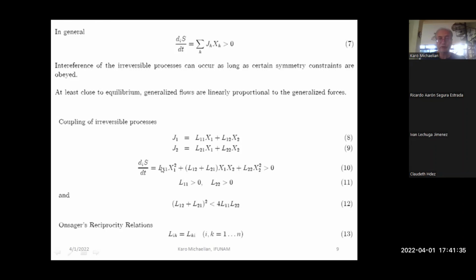So that puts, if you can see this relation, that these proper coefficients of Onsager have to be positive. And between the mixed coefficients, these L12 and L21, these only have to satisfy this relation, that (L12 plus L21) squared has to be less than 4 times L11 times L22. So we get that from assuming we have linear relations between two irreversible processes which are coupled, and that the entropy production has to be positive definite. So that gives us particular values of these